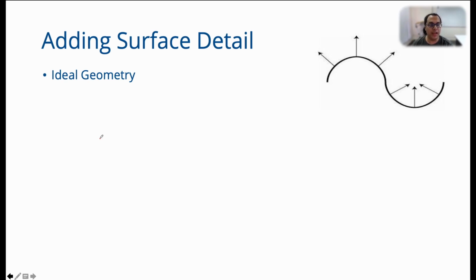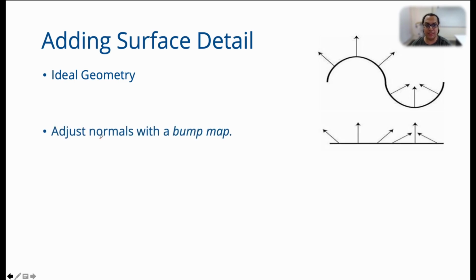So imagine that you have a geometry, right? And the geometry looks like this curved surface. However, what you draw is a flat surface. But instead of using the normals of the flat surface, you adjust the normals of the flat surface so that they look like the normals of the curved surface. From some angles, this surface will look like the curved surface. So you are actually faking the surface detail just by perturbing the normals. So if you only perturb the normals and store these perturbations in the texture map, then that texture map is called a bump map, and the process is called bump mapping.